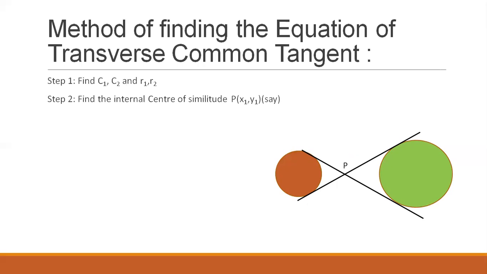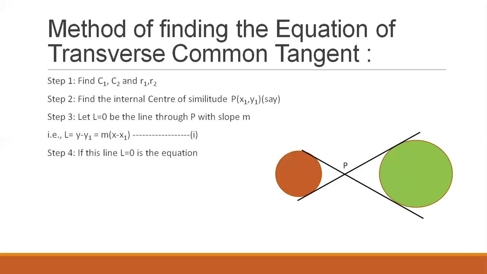Then we have to find the internal center of similitude P. Let L equal to 0 be the line passing through P with slope m. Now, we have a slope and a point, so L is y minus y1 equal to m into (x minus x1). Substituting P here,